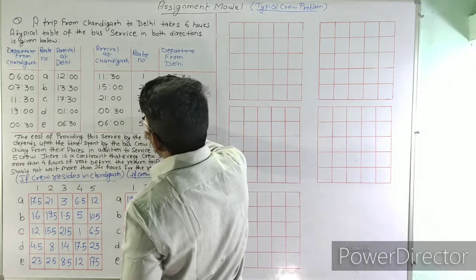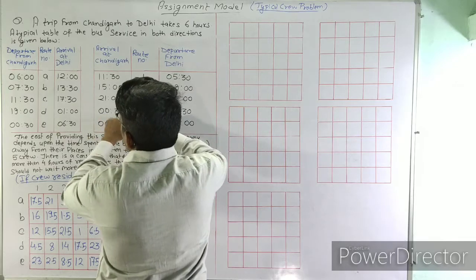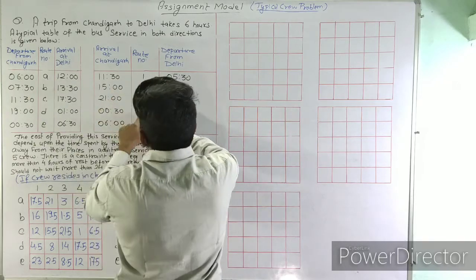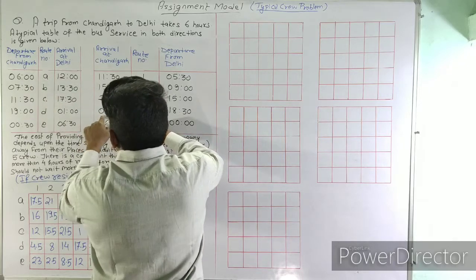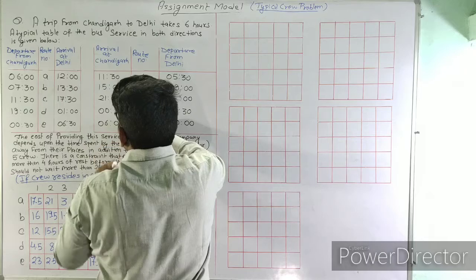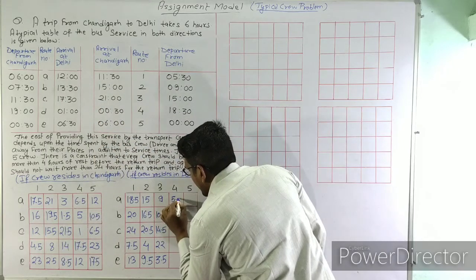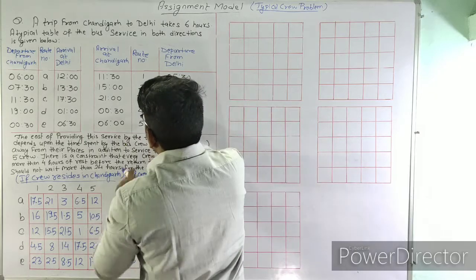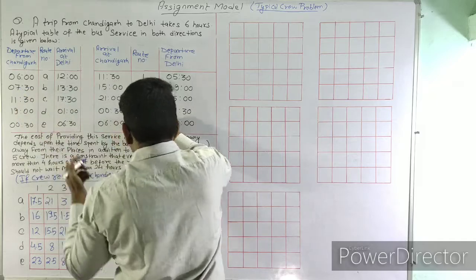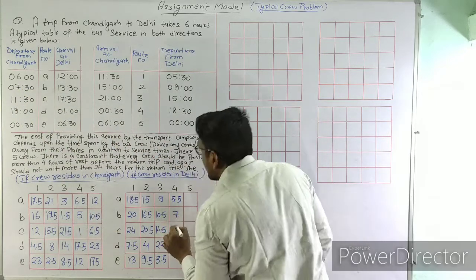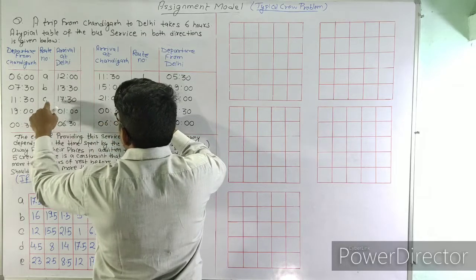Now if the crew arrives from route 4 at this time and departs from route A at this time, so the time difference here is 5.5. Now if a crew arrives from route 4 and departs from B, the time here will be 7 hours. If a crew arrives at 4 and departs from C, the time here will be,